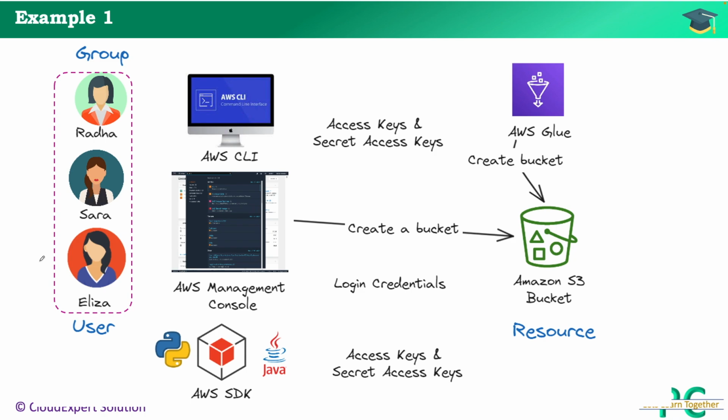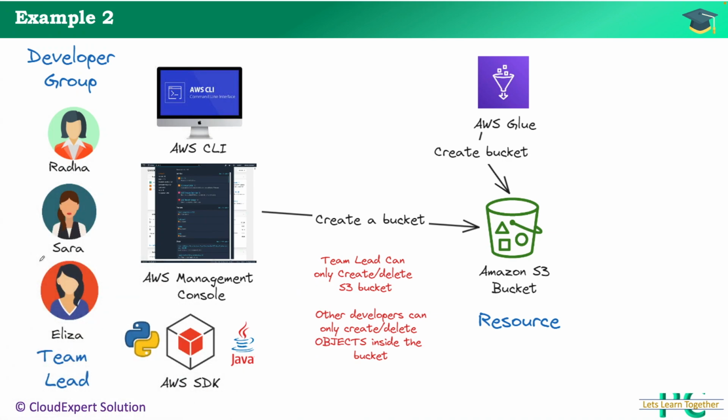Now what you can do, you can individually give permission to Eliza, Sara, Radha, or maybe you can give permission to that entire group and you can add users and remove users. So it will reduce your burden and make your life easy, or reduce the maintenance activity. Now, since we understand the users and the resources, let's try to understand the policy and the role a little bit